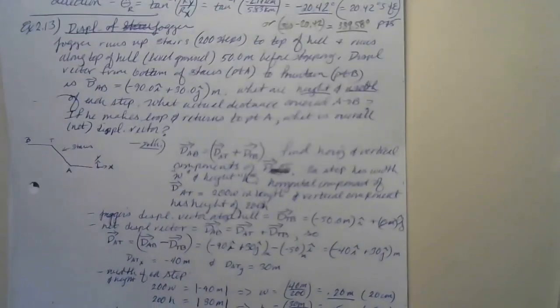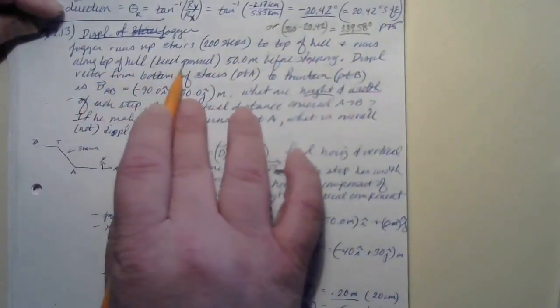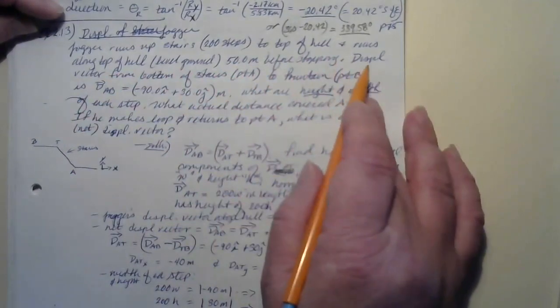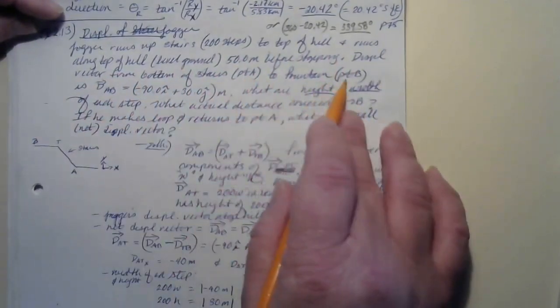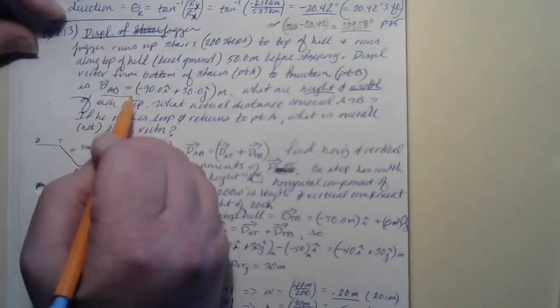Okay, the next example has to do with displacement of a jogger, where you have a jogger who runs up some stairs, 200 steps to be exact, to the top of a hill, and runs along the top of the hill on level ground for 50 meters before stopping at a drinking fountain. Displacement vector from the bottom of the stairs, which is point A, to the fountain, point B, is given by this equation,